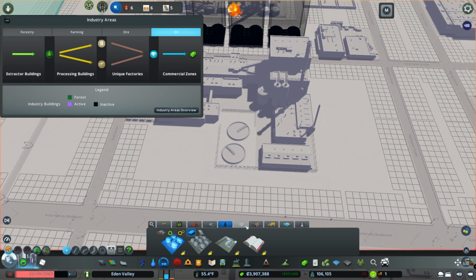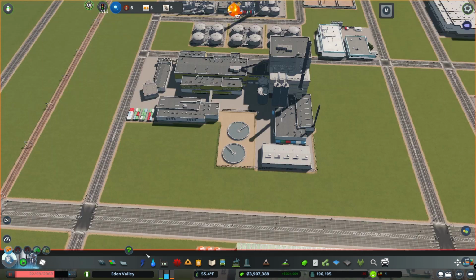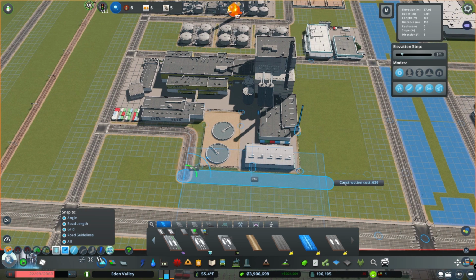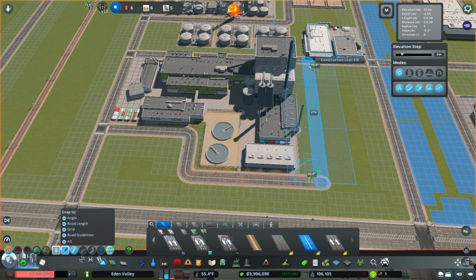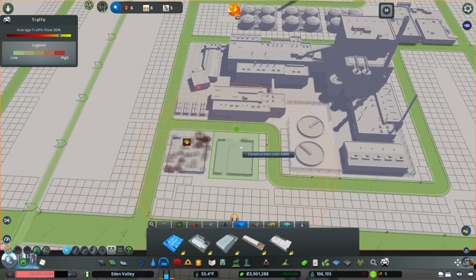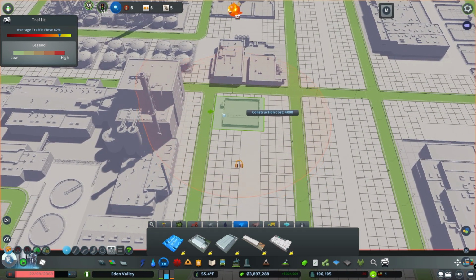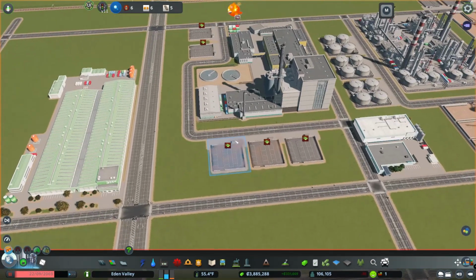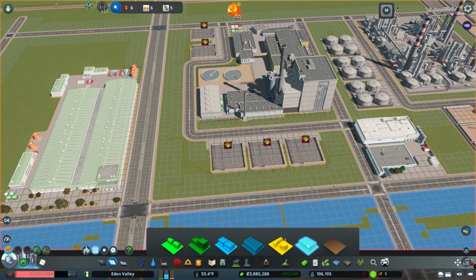let's do regular warehouses and let's do smaller ones. So let's draw a road here. We'll do that. Then what we'll do, put 2 of these right there. And we'll put that, do that. Because what we'll do next is we'll zone out more